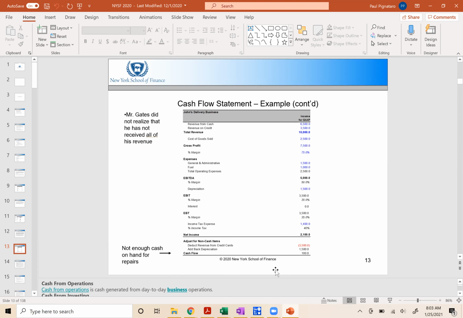You can achieve, in this example, $2,100 in net income, but that does not necessarily mean you have $2,100 in your cash account. Why? Because in the income statement, you can book or record revenue, but maybe the customer didn't pay you yet. He was on credit. Or you can record expenses, but maybe you did not pay those expenses yet. You have a bill in the mail, you didn't write the check yet, so it hasn't left your bank account. That's why we want to understand how much of that $2,100 actually reflects the cash